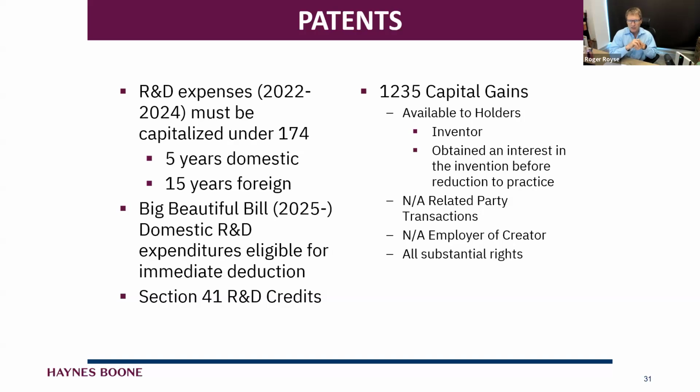On the sell side, I think we talked about that. I want to mention capital gains. There is a special exemption for inventors that Congress created many years ago that says, look, Mr. Inventor, you don't have to hold this thing for a year to sell it and get capital gains. You can hold it for a day. You get immediate capital gains treatment as long as you own a patent before it was reduced to practice. And there's been lots and lots of planning around 1235 and trying to get this immediate capital gains for inventors that create patents and then sell them immediately.